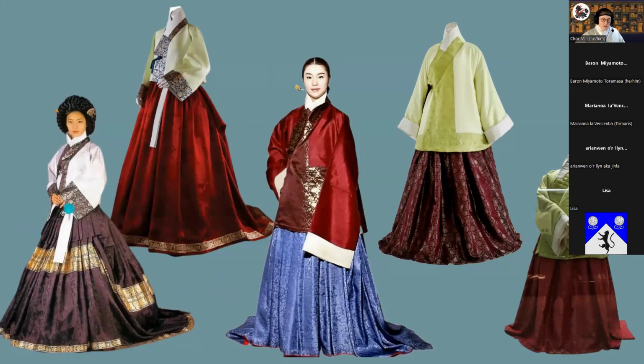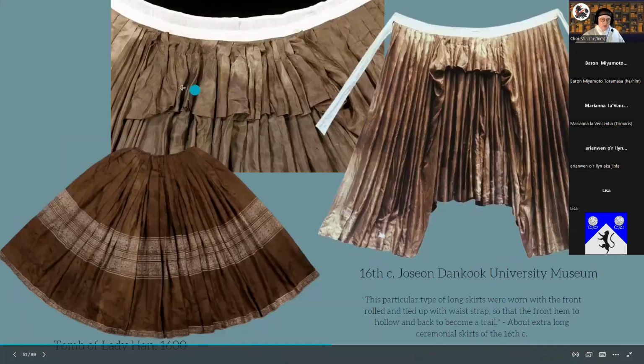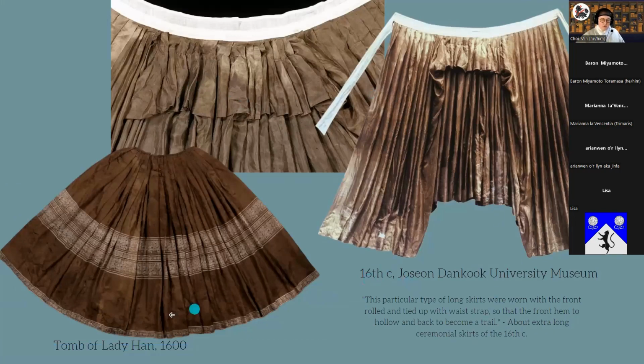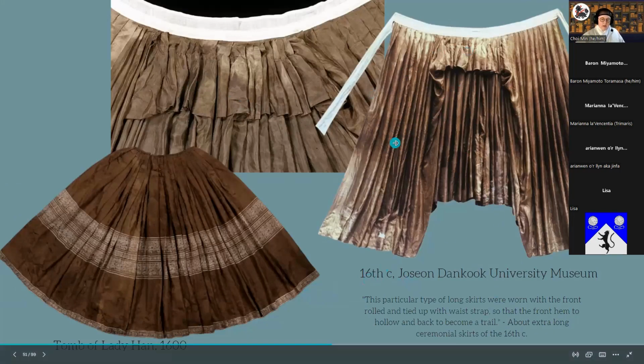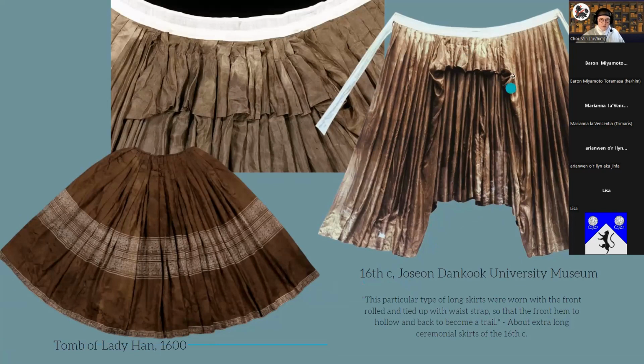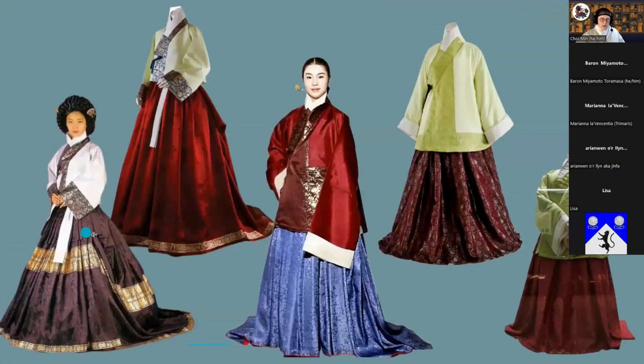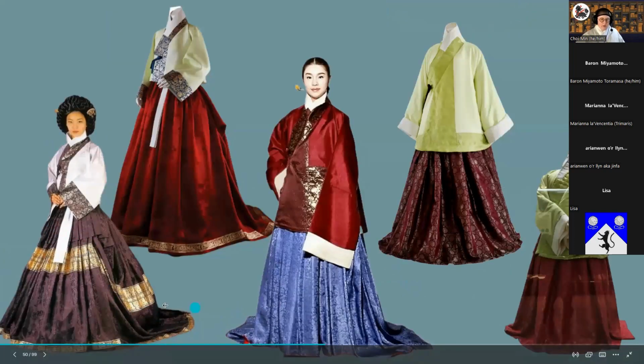Here is some pleats that are folded over. That was a very temporary style, and you'll see it right here, 16th century, and it can be pinned down to a specific decade, basically. But basically, these are super long wrap skirts, and the front section would be permanently sewn upward in this pleat. And it would make this look here, and then it makes a train for the rest of it.